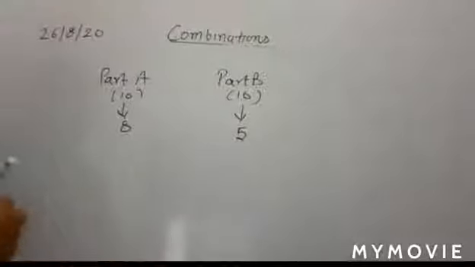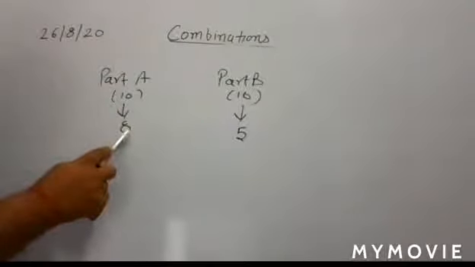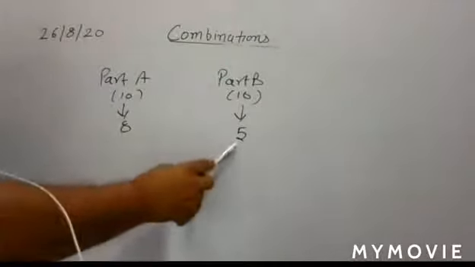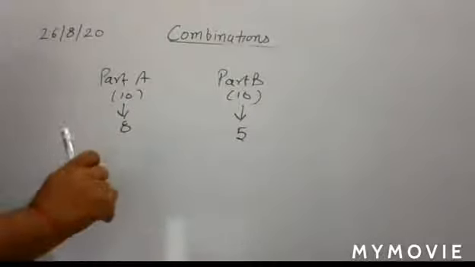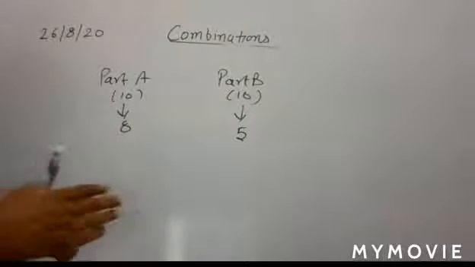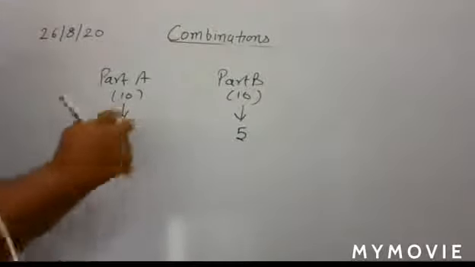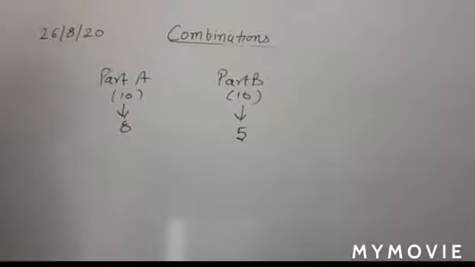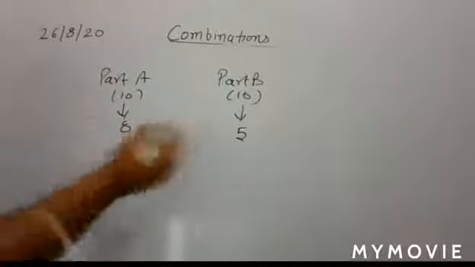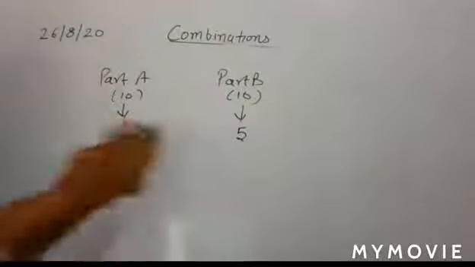So just see, the complete selection of questions is done when the student chooses 8 questions from part A and 5 from part B. So there is the word "and" between these two events. That's why here you take the multiplication of the number of ways of part A and part B. Everyone getting this step? Okay, so first you write in this way. This is the summary of your question, and then start.